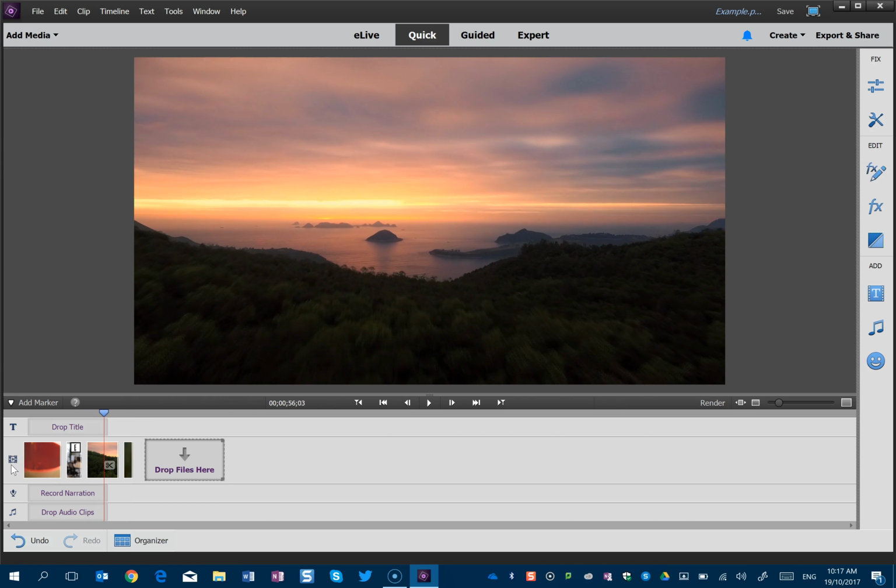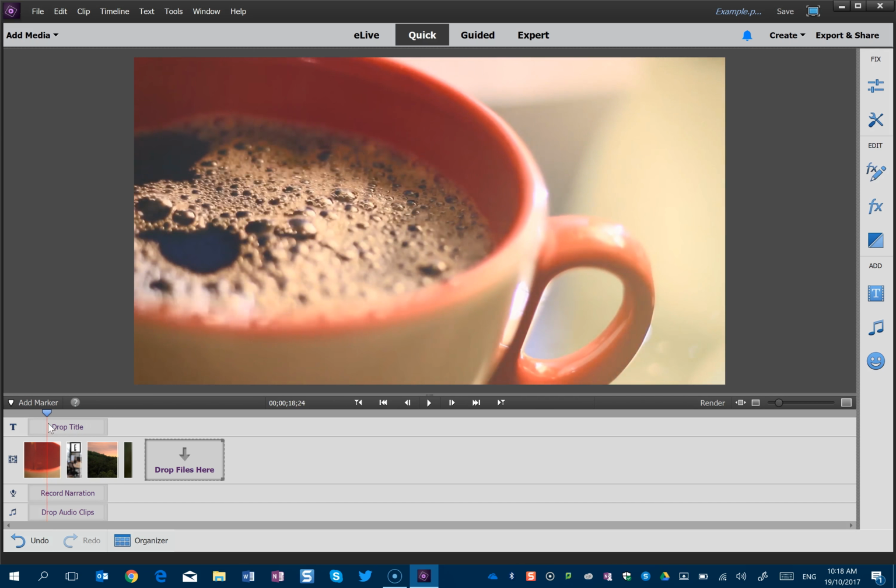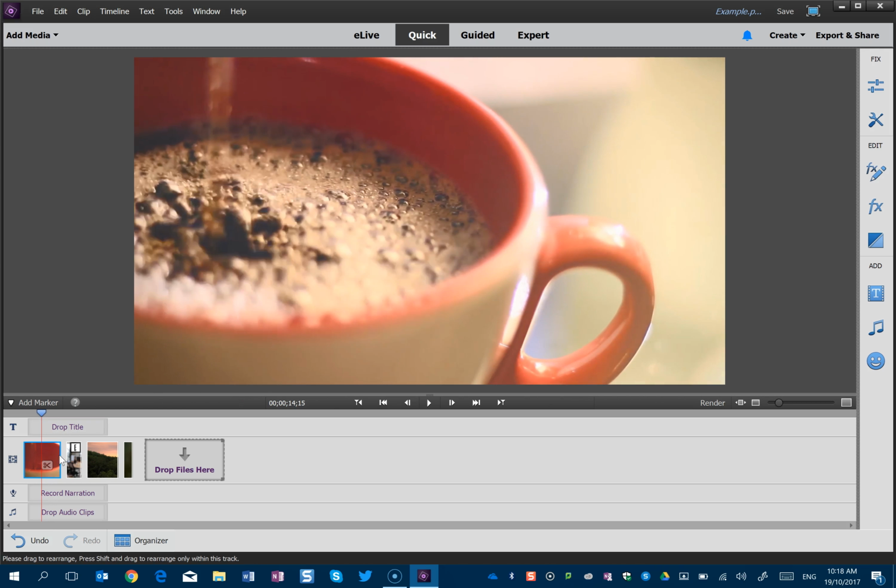You can see in this middle section, this is where our video files go. We can do narration over the top, we can drop in audio clips, and we can also add titles. But one of the most common things that we do is we tend to clip and edit the footage that we bring in first. So in this instance here, you can see when I click on the clip itself, we